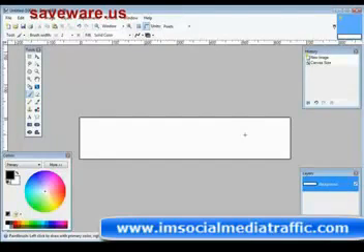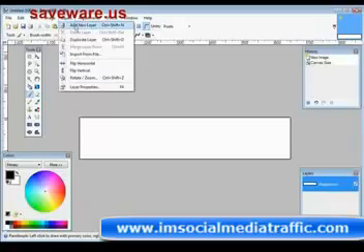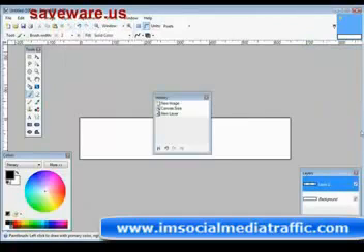Now from here there are several things we could do. We can add a picture to it and put some text on it. We could just make it a certain color, and I'll show you how to do a few of these things. Now if we wanted our background to have a certain color to it, what we would do is we would add a layer and some colors. So we're going to do everything in layers. So let's go to Layers, add a new layer. You'll see the layer pops up